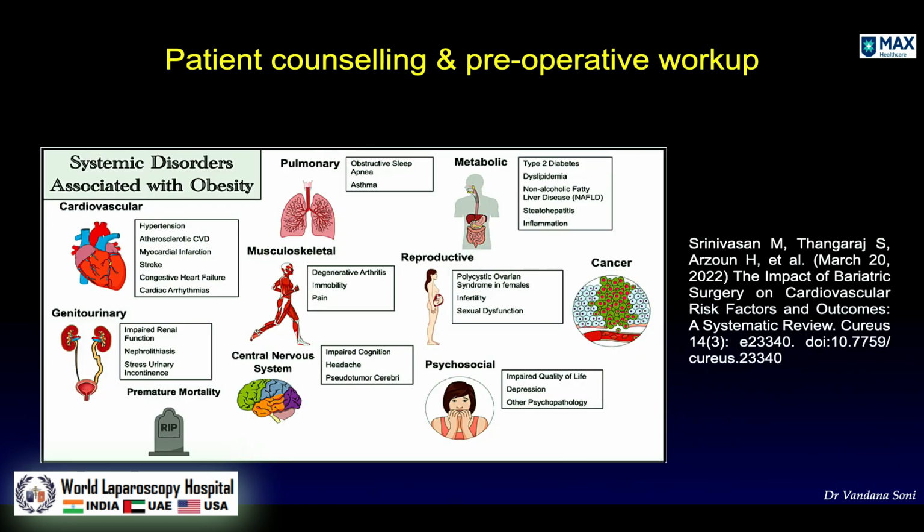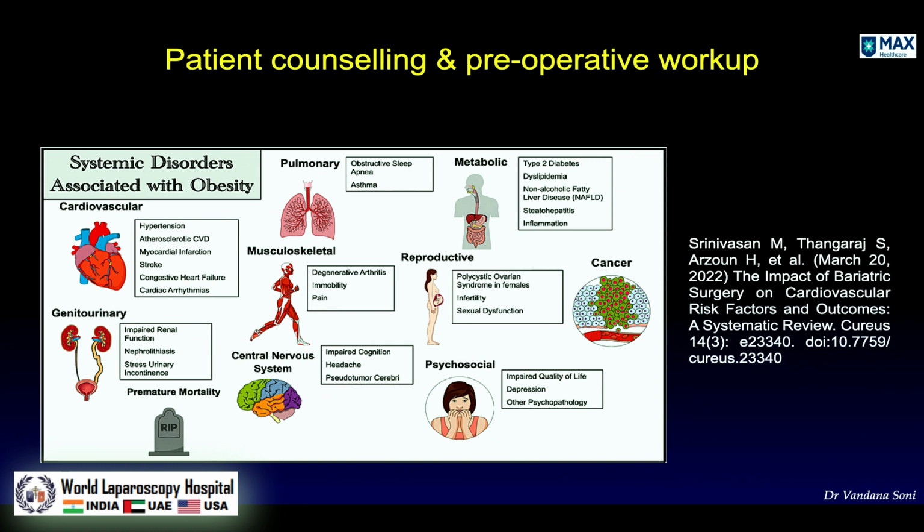But we must not forget about the comorbidities. There is not a single organ system in the body which is not adversely affected by obesity. These comorbid conditions cause severe morbidity as well as a decrease in the longevity of life. Some of them are type 2 diabetes, which will be discussed in more detail, coronary artery disease, chronic renal disease, COPD, obstructive sleep apnea, and most important now is cancer.